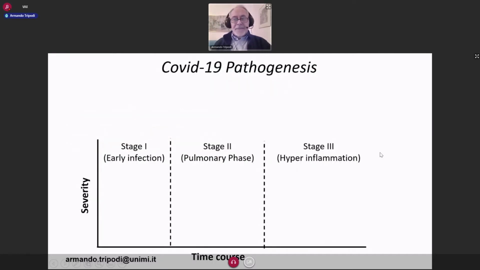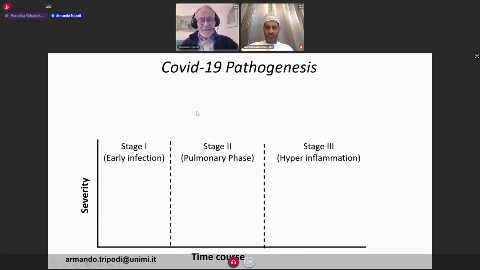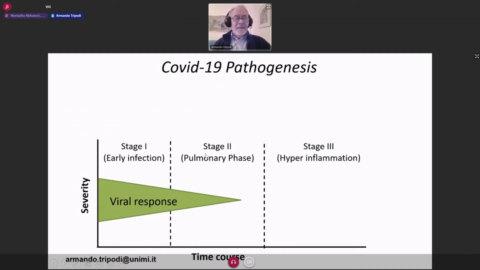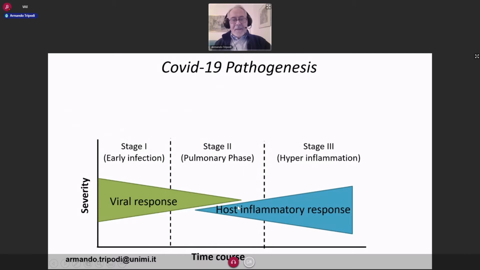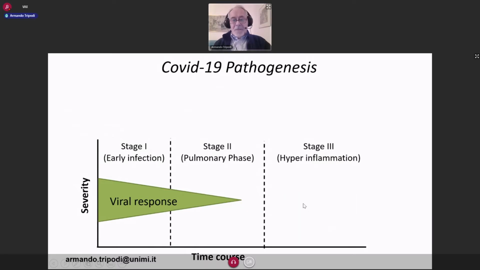I wish to start my presentation sharing with you this graph, which represents the time course and the severity of COVID-19. And as you know, the first occurrence in COVID-19 is the viral response, which is typically very strong at the beginning, and then starts to decrease over time, as you can see here. On the other hand, the host inflammatory response is exactly the opposite. It starts relatively mild at the beginning and then increases over time. On top of this,